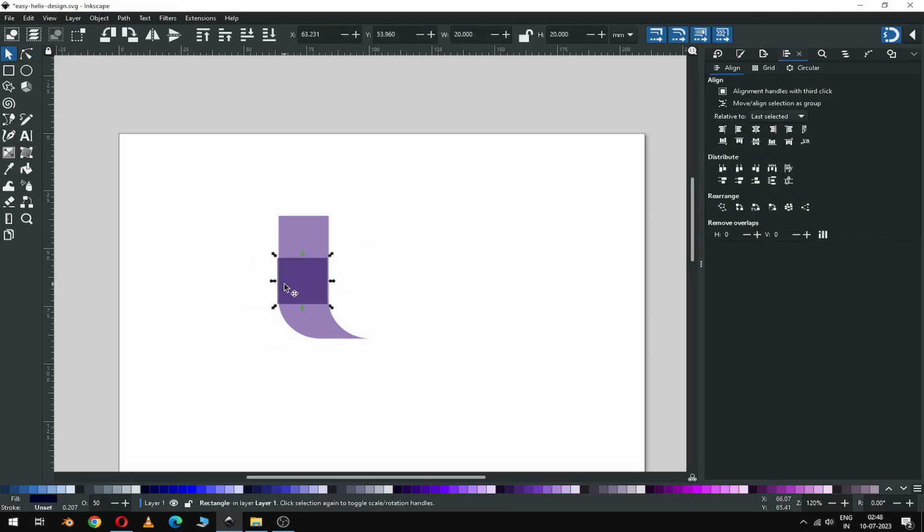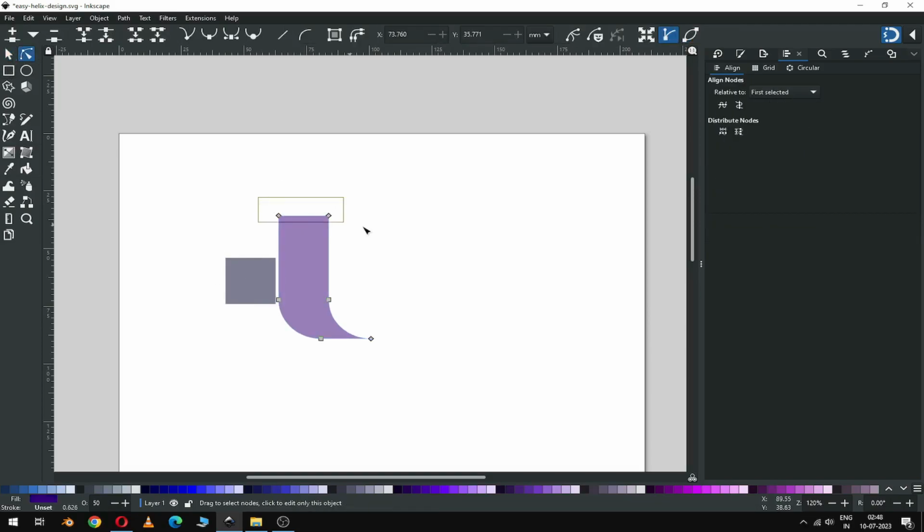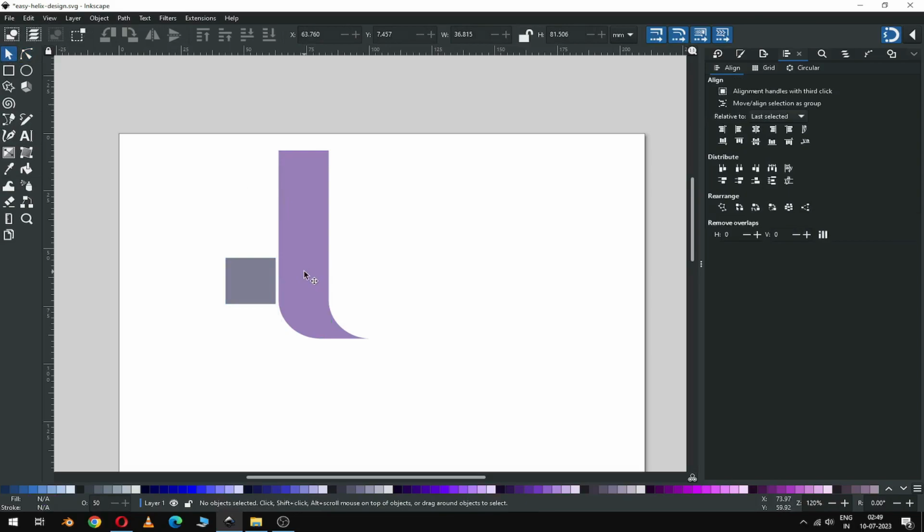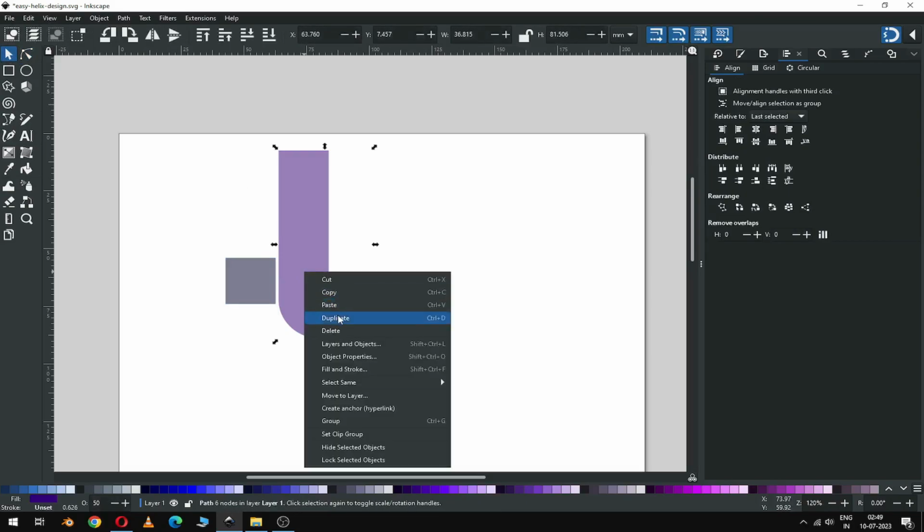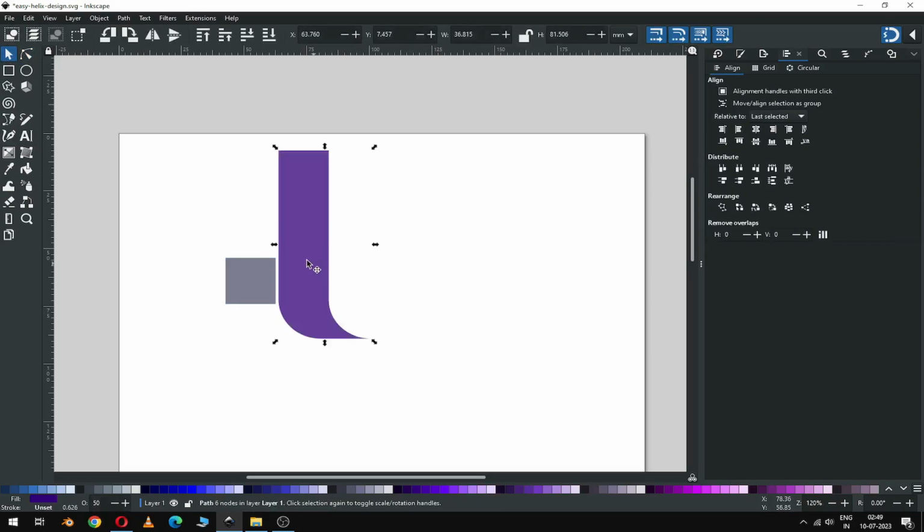Now we have to modify the big object. Select node editing tool and select only these two nodes and drag to up. Now select this one and duplicate it and flip horizontally